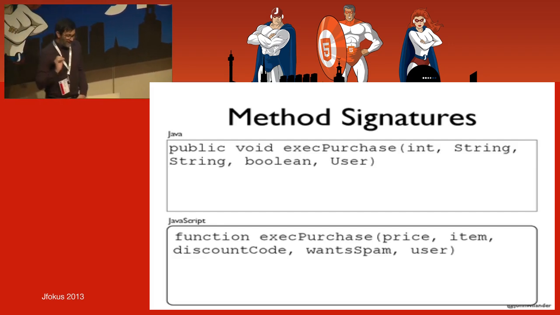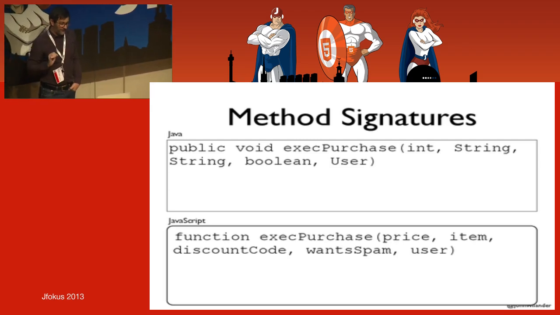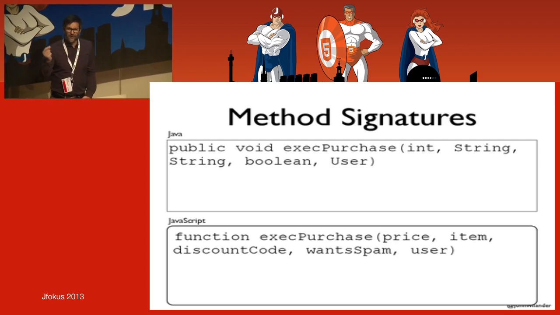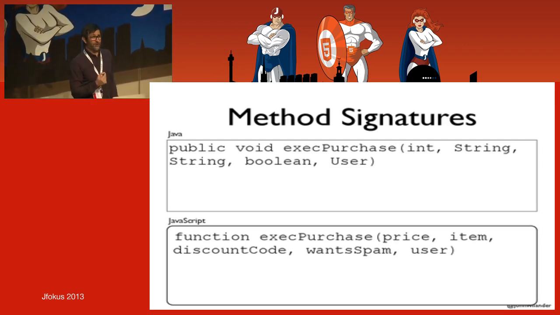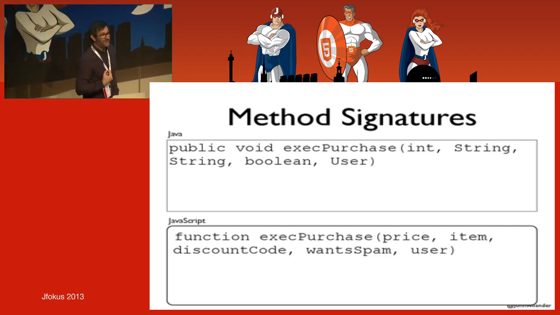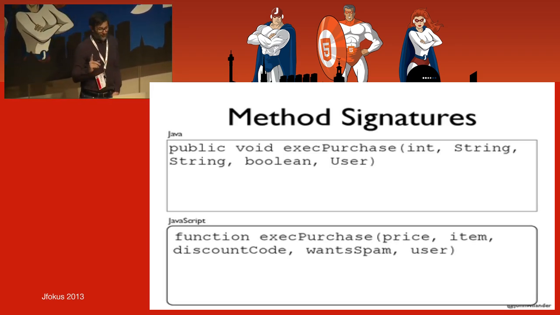Just a small one about named parameters. So let's say we have a public method in Java, executePurchase, and we run into this classic problem of not really introducing good new classes to make typing and reading of the code clear. So we have the signature of int, string, boolean, user. I've seen such APIs and they don't really help me as a programmer. I typically need to go and read the documentation or even check the source code to know which string should